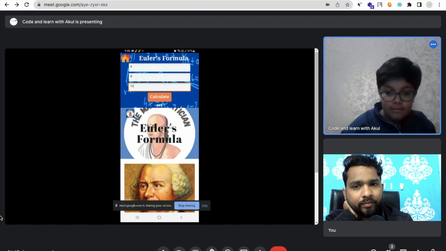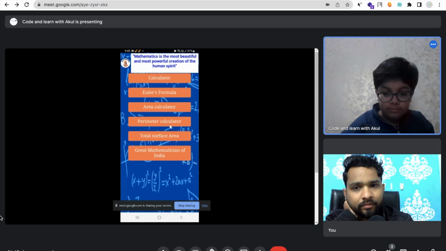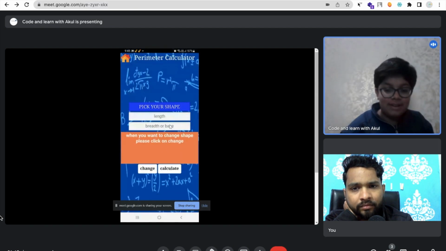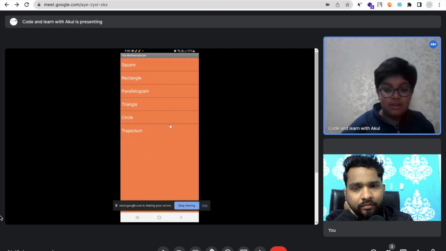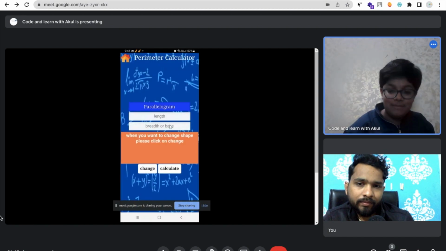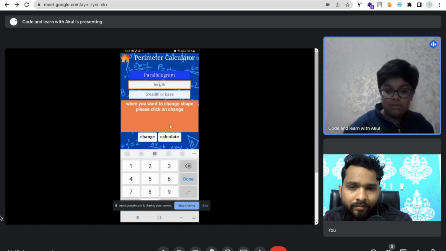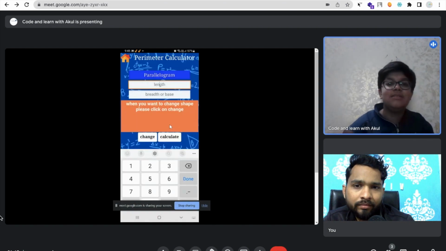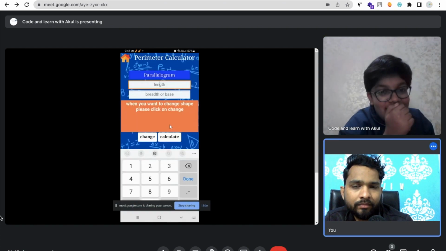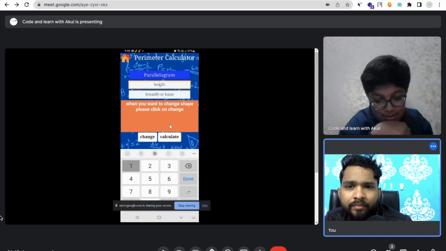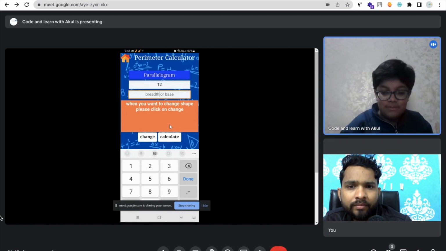Then we have the perimeter calculator. You can pick your shape. Let's choose parallelogram and change our values for the length and the base, say 13. Let's calculate.